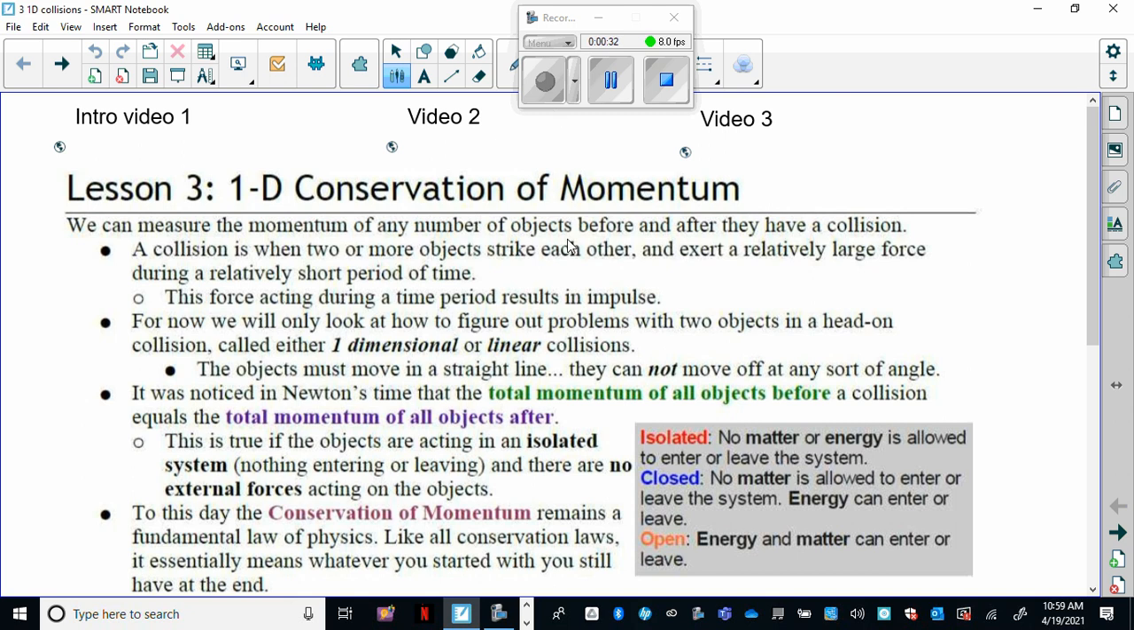What is the conservation of momentum? It essentially means, like the conservation of energy, that however much momentum you start off with, that's how much momentum you end up with. So, for example, let's say you've got